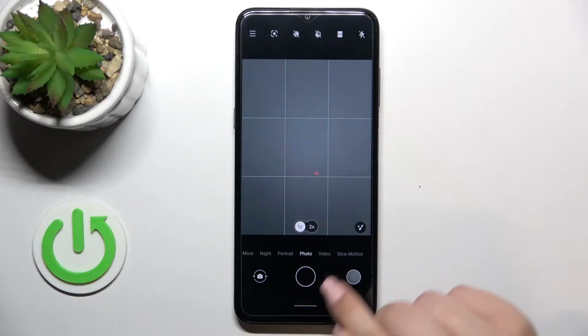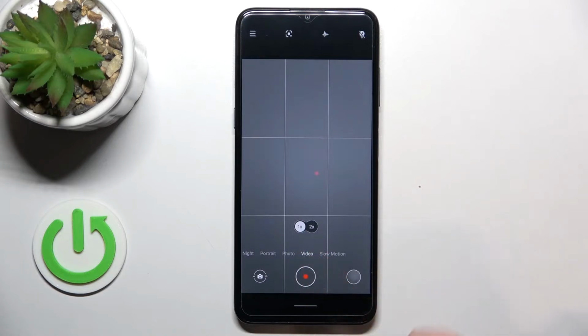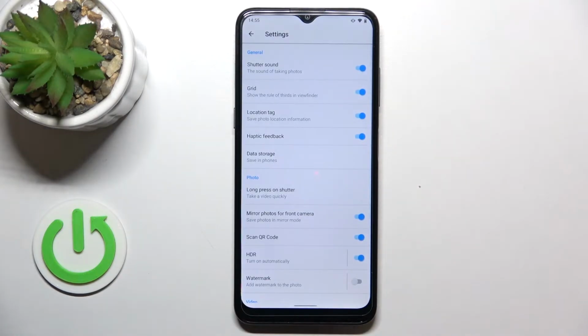So let's tap on the video right next to the photo mode, and since it is, let's say, in the middle, and if you can see this red circle inside the shutter button, it means that for sure we are on the video mode. So now we can enter the settings, and basically, as you can see, we did not